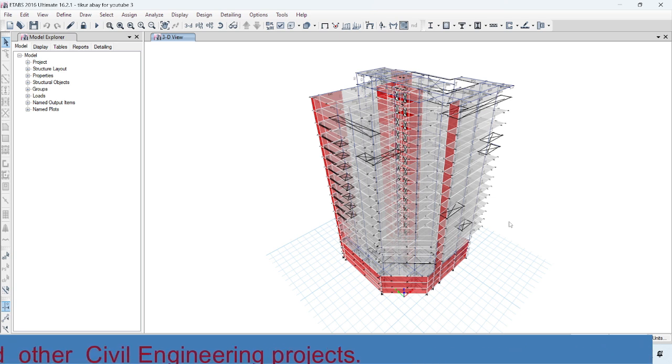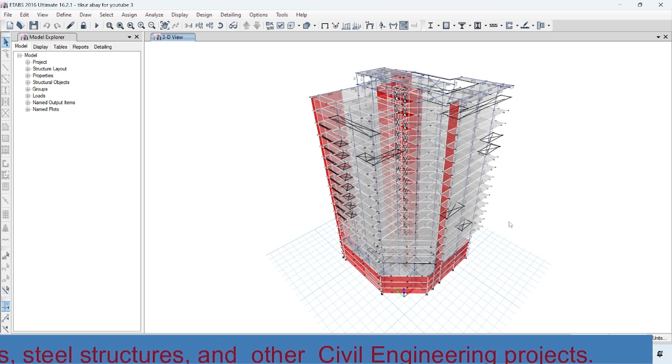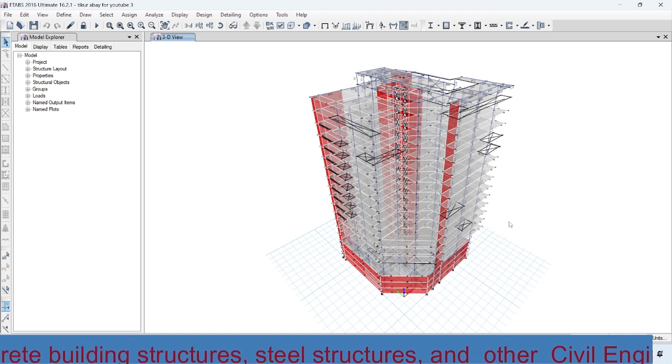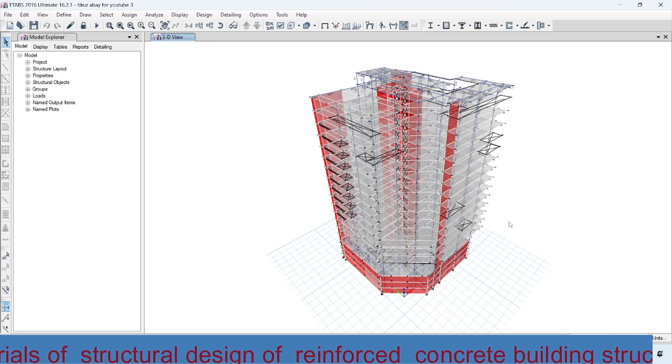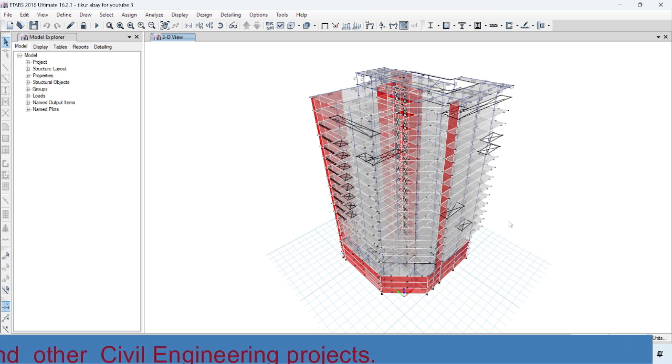As you remember, previously we have already shown you the detailed design parts of the beams of this 20-story building